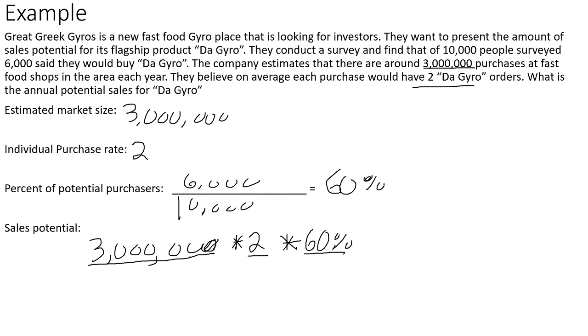3 million purchases a year, 60% of that is what they're going to get, and each time a person buys their product, they're going to buy it at least twice per year on average. So you're going to multiply all those together: 3 million times 2 times 60%, or 0.6. I should probably erase this here and put in 0.6, because you want to multiply it as a decimal number, right? And you get